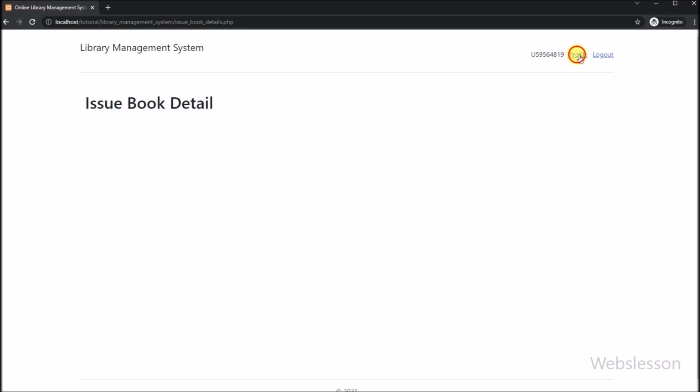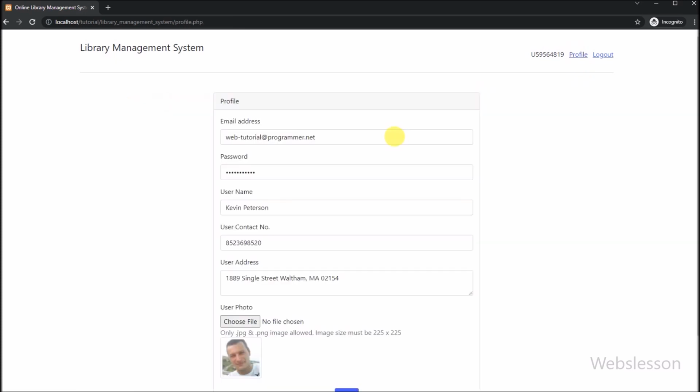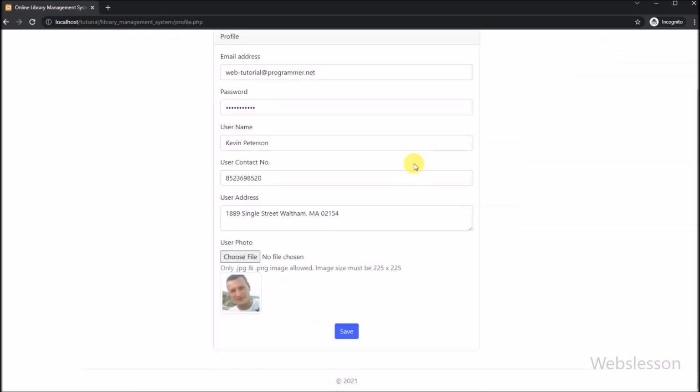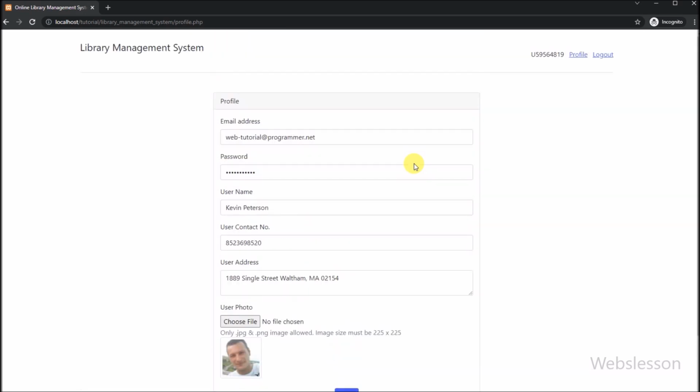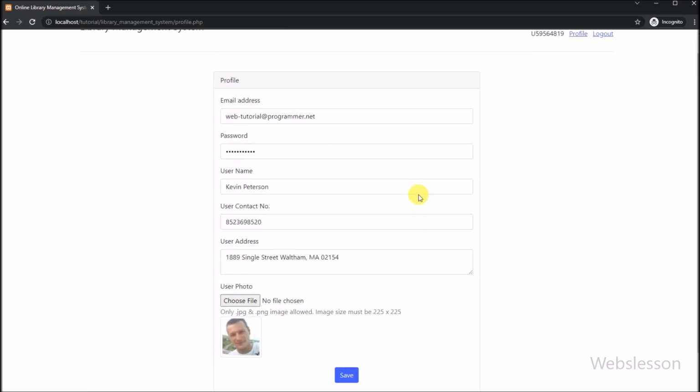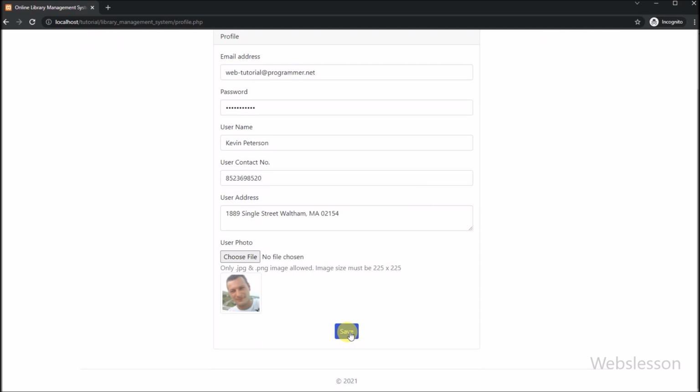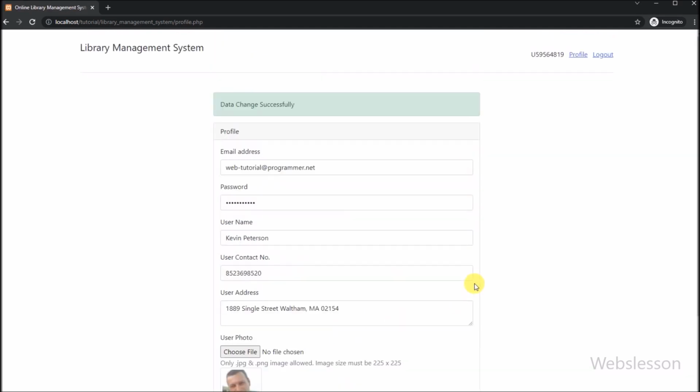In the previous part, we created the user profile page, to edit user profile details like user email address, password, name, address, contact number, and even the user can change their profile image by uploading an image on the server by using PHP script. So if you have not yet seen that video tutorial, please first see that tutorial. Now let's start discussing this topic.